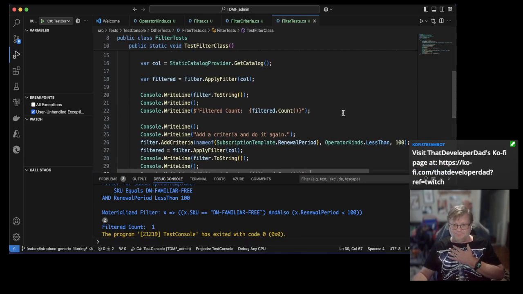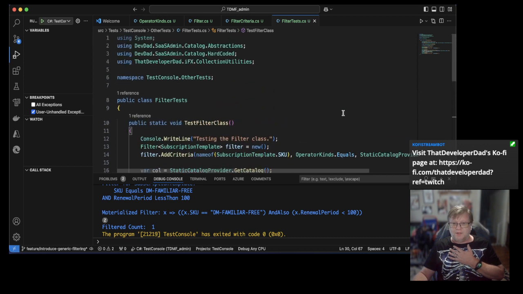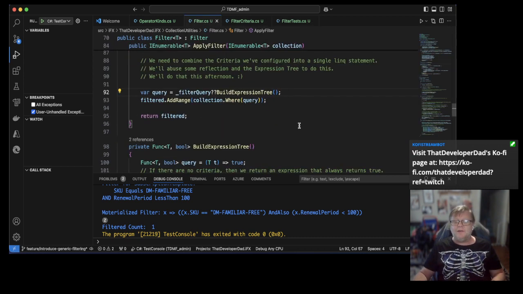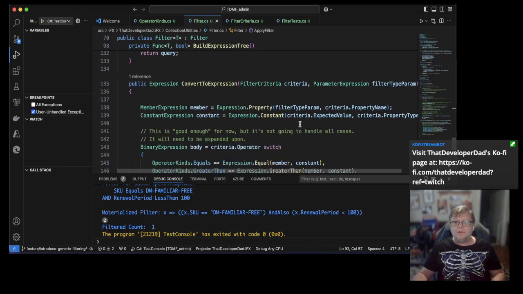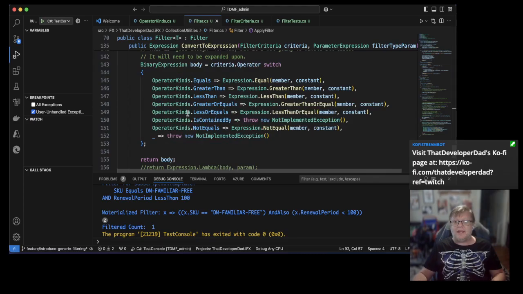Excuse me. Now we've got a few issues in here. Namely, if I try to use an is contained by, I'm going to get into some trouble here because it's going to throw a not implemented. So what I need to do is